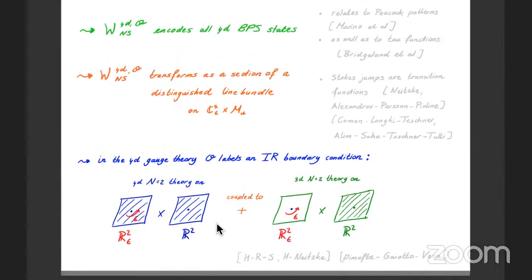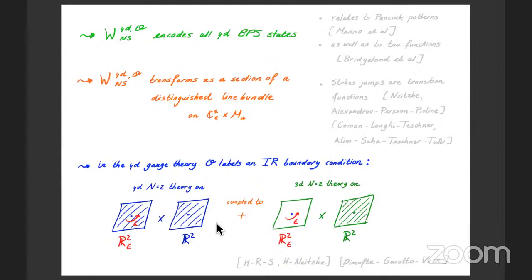Lotte, usually you couple a 3-dimensional theory to a 4-dimensional theory on a boundary at finite distance. But it looks like you're coupling it to a boundary at infinite distance. Is that right? Yes. So there is a relation there. You could consider it in terms of the cigar geometry of Nekrasov and Witten, where it's at finite distance. So that shouldn't change any of the formulas.